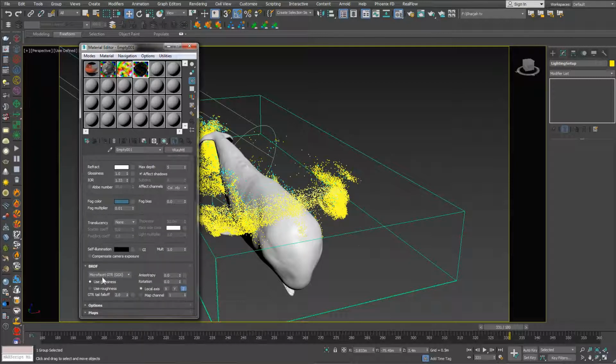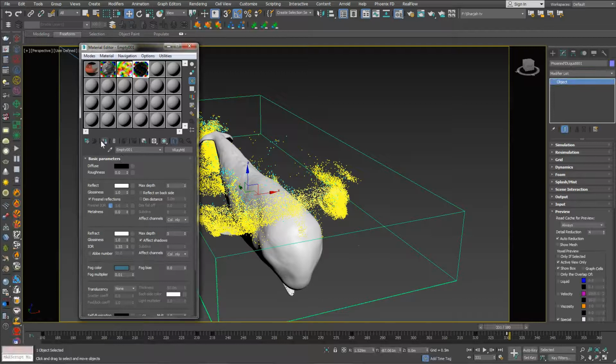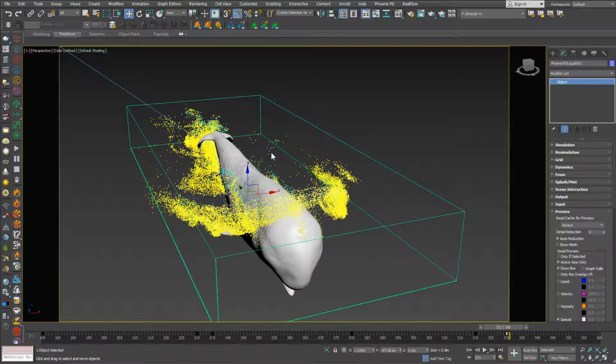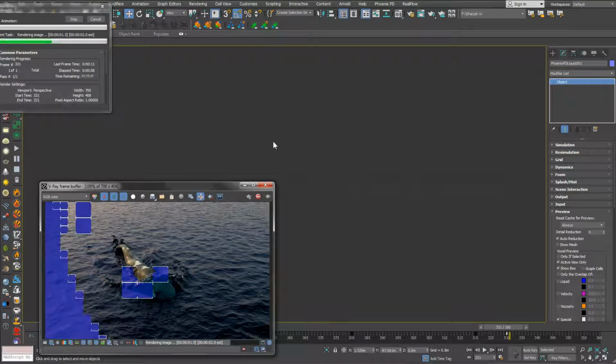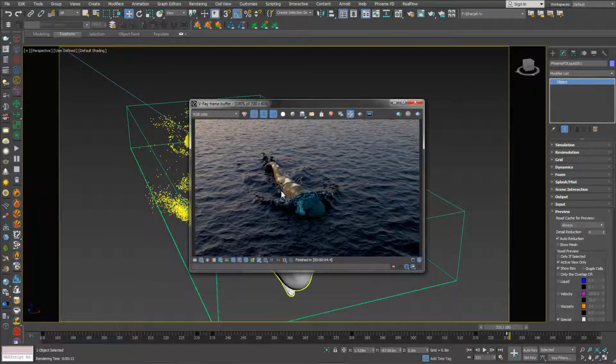Nothing else. Sometimes I change this into billion. You can change it back if the effect is not good, and all you need to do is select this and add this here. That's it for now, and let's try and render. That's cool. We can see that we have the ocean, we have a good lighting here,